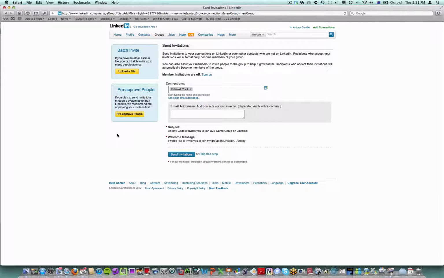See here it says pre-approved people. That means you can send a message, a link to a group through an email. You can put all the emails on here, so when people sign in to LinkedIn, they automatically get accepted into the group. Or you can upload a file if you want to invite a lot of people to the group. There's ways you can invite people. So I go send invitations,